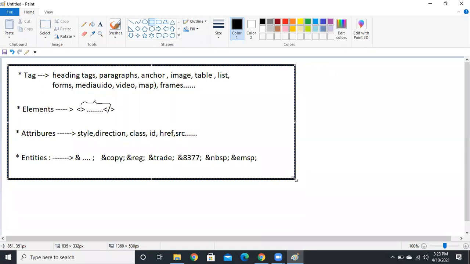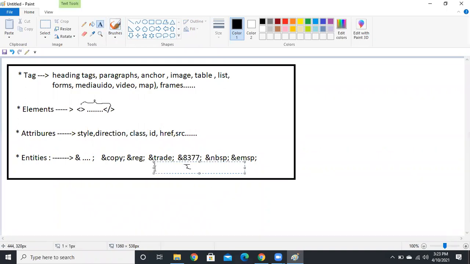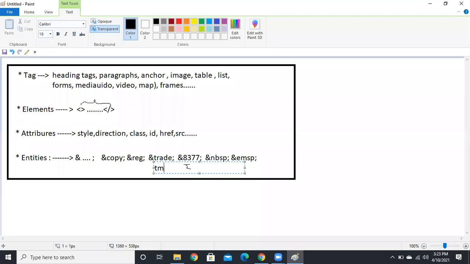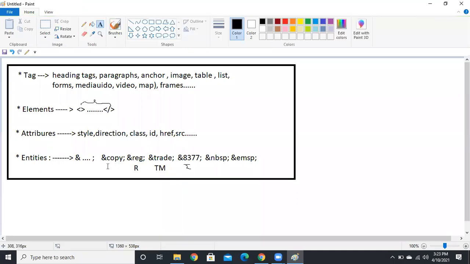8377 is the rupee symbol, Indian currency, no? Here we will get the trademark TM symbol.